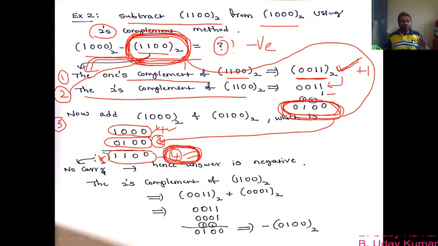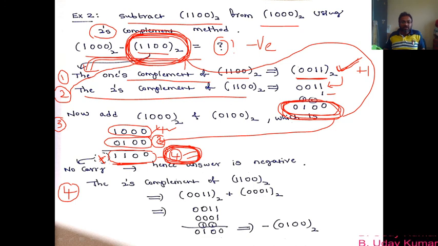Okay, so now the third step is over. Now you know that the answer is negative. That is fine, but I want to find what its answer is. To find its answer, since it is negative, again you have to write the 2's complement of the answer that you got here. So this is the fourth step now. Even there we have done it. Even in case of 1's complement, if our answer is negative, if there was no carry, we used to write its 1's complement. Here what we have to do? We have to write the 2's complement. That's it. So in the fourth step, this is the answer that we have got at the end of the third step.